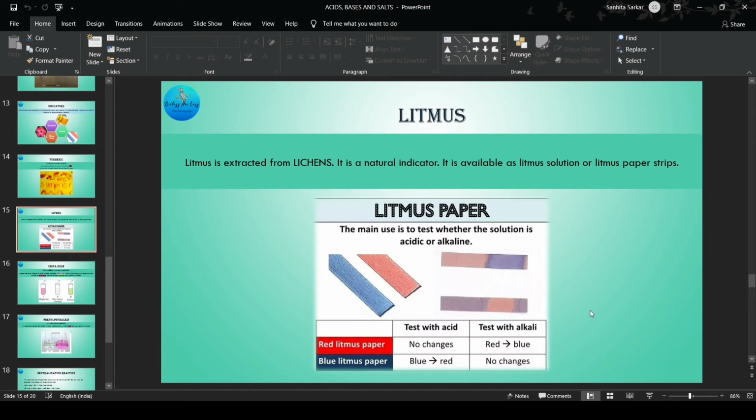Now let's move on to our next natural indicator. Now litmus is extracted from lichens and it is available as litmus solution or litmus paper strips. अब जैसे कि आप यहाँ पर देख पा रहे हैं कि जो रेड लिटमस पेपर है उसका कोई कलर चेंज नहीं होता है इन एसिडिक सॉल्यूशन, पर जब वो बेस के साथ रिएक्ट करता है तो जो रेड लिटमस पेपर है वो ब्लू कलर में बदल जाता है। सिमिलरली जो ब्लू लिटमस पेपर है वो जब एसिड के साथ रिएक्ट करता है तो उसका कलर ब्लू से रेड हो जाता है और जब वो किसी बेसिक सब्सटेंस से रिएक्ट करता है तो उसका कलर में कोई परिवर्तन नहीं आता है।